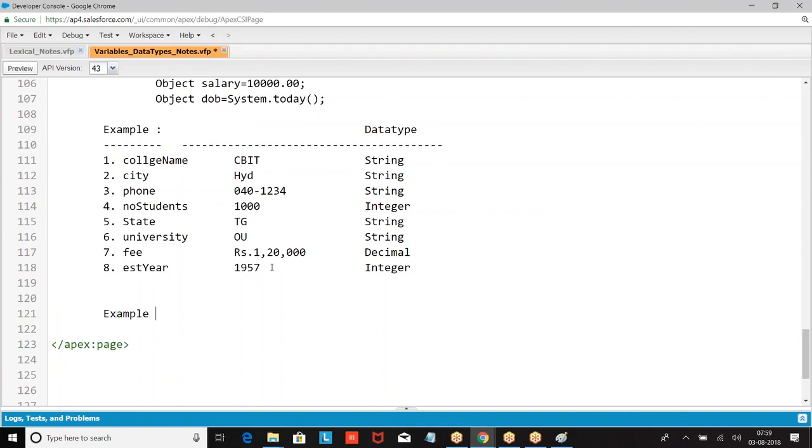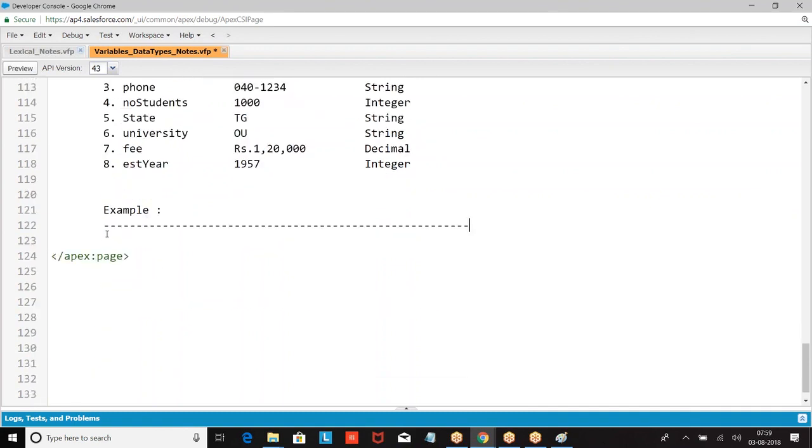Let us take another example. I want to collect some data about a product. Product name.